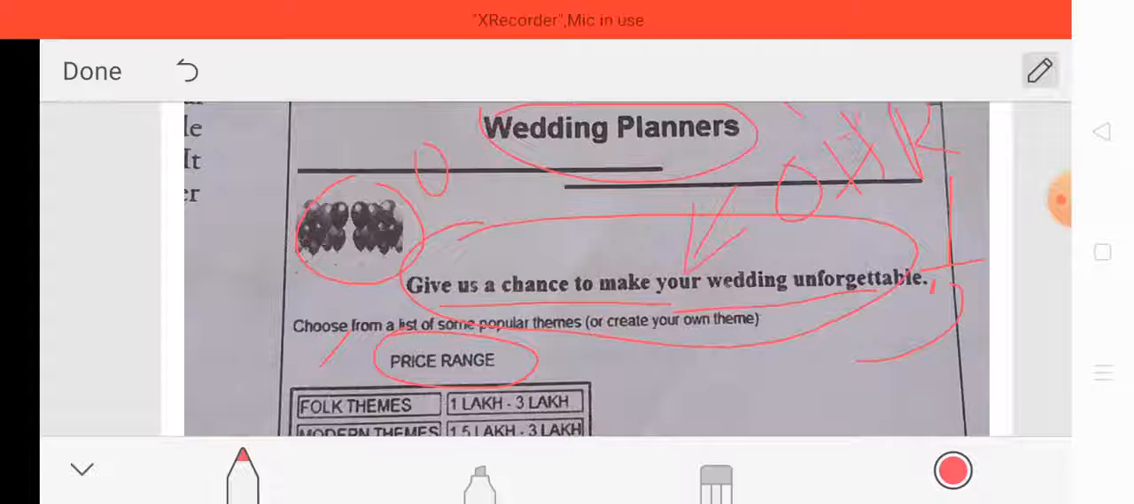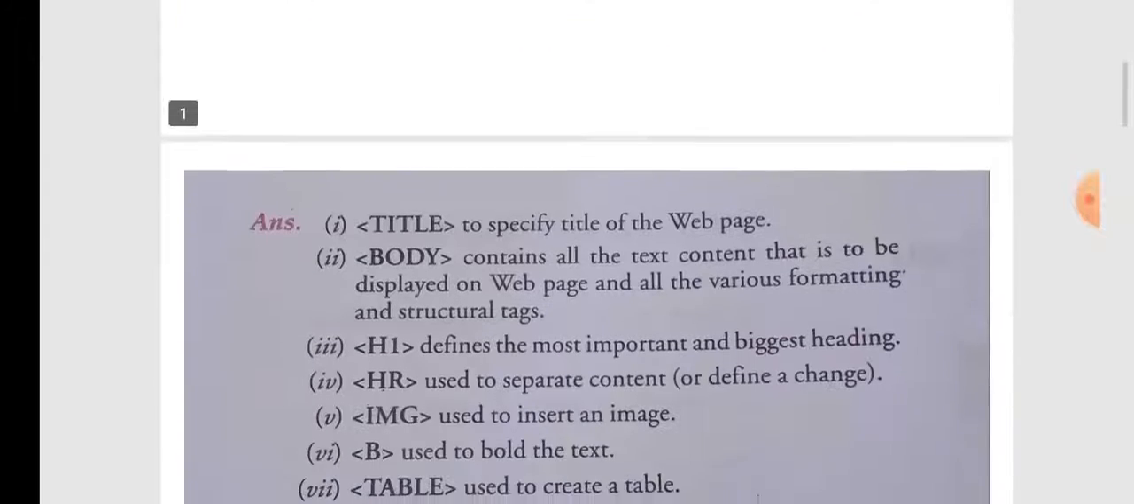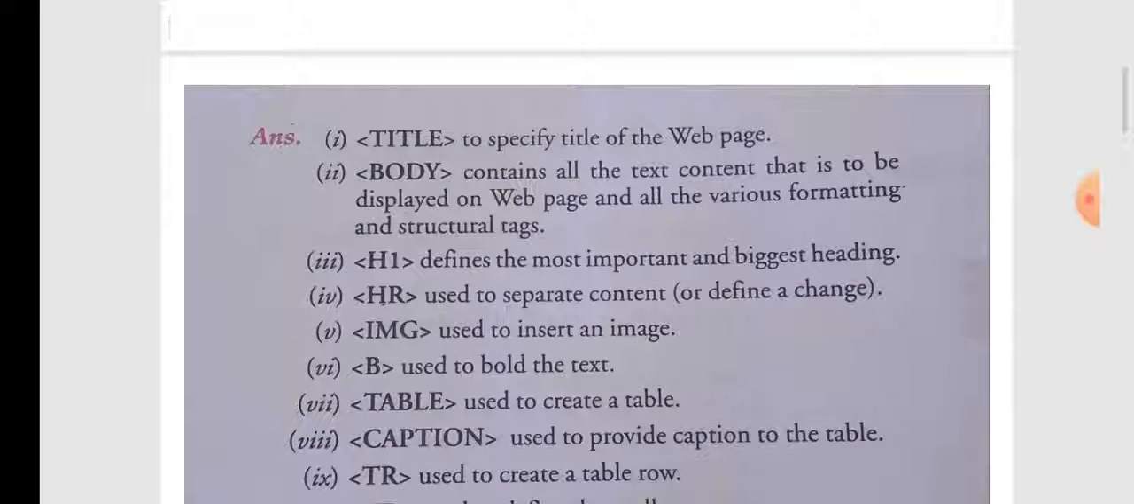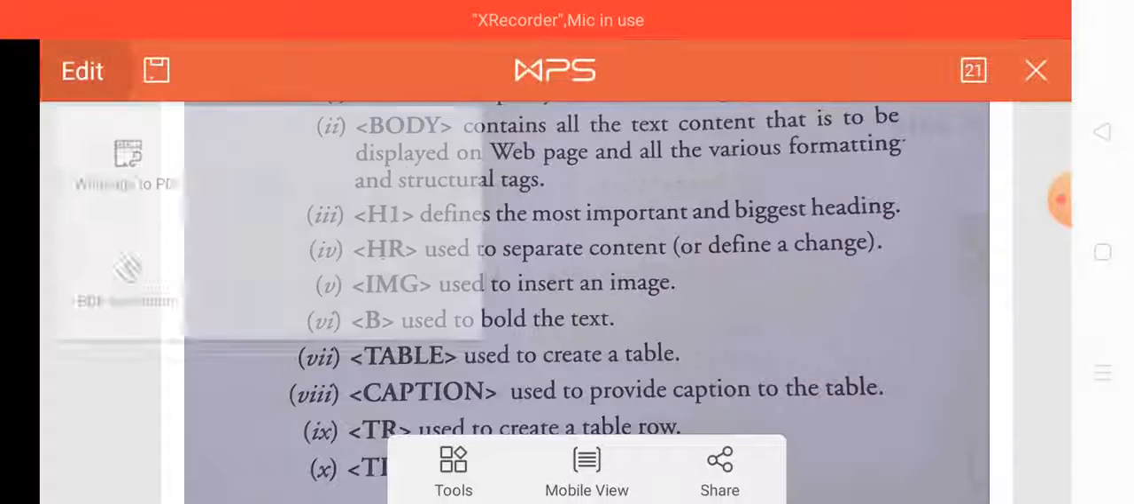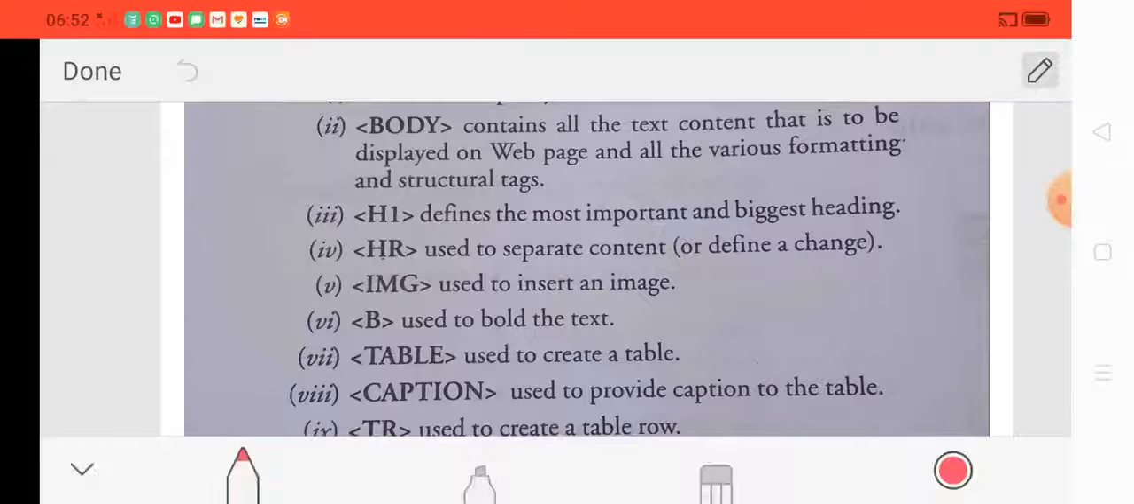Bold tag is used for that line. And so we use the B tag. B is used to represent bold text. Then, at last,